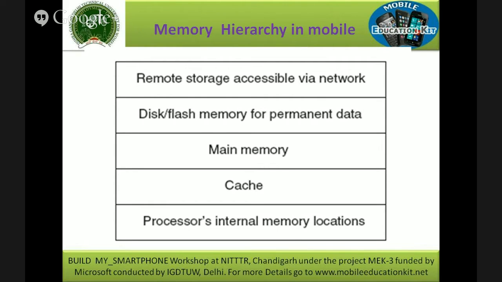I have only a couple of devices made with disk memories also, but then the flash memories came very close to the disk memories. Then the concept of having a mobile device with this has almost gone down. And of course, we use the main memory here, both static and dynamic RAM. I'll show you some case studies. And the cache, you also use L1 and L2 both. Most of the smartphones have two levels of cache at different sizes. Then processor's internal memory locations, of course, you use the CPU registers and the register file in the ARM architecture, which exist as a memory.